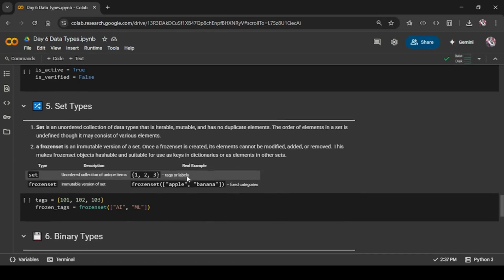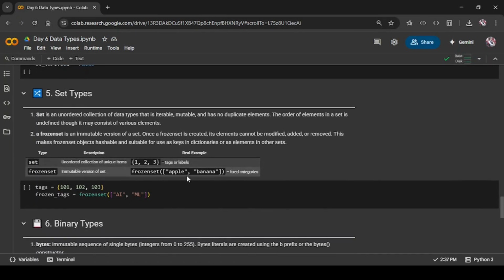Okay. The another one is frozen set. A frozen set is an immutable version of a set. Once a frozen set is created, its elements cannot be modified, added or removed. This makes frozen set objects hashable and suitable for use as keys in a dictionary or as elements in other sets. Like, a set is mutable, you can change the set after creating it, but a frozen set cannot be changed. You can't change a frozen set after creating it. Okay,